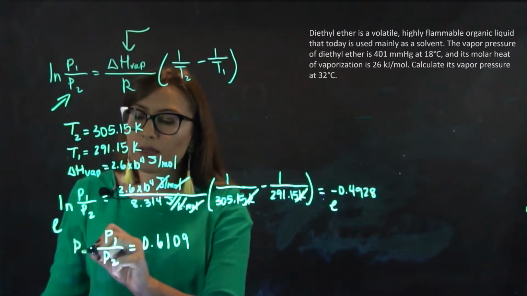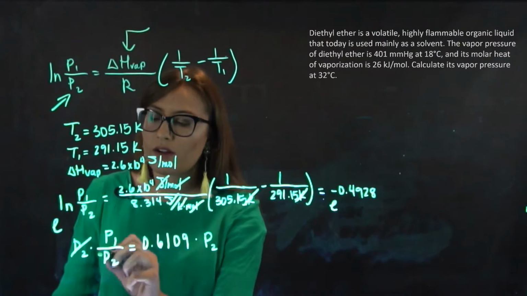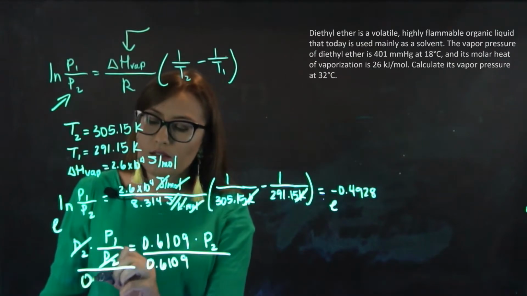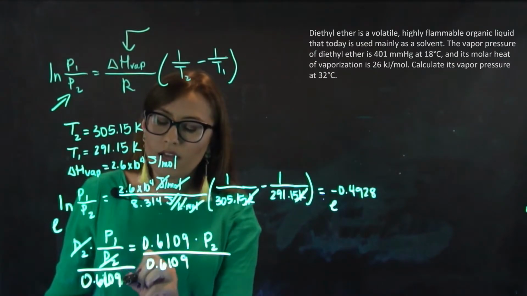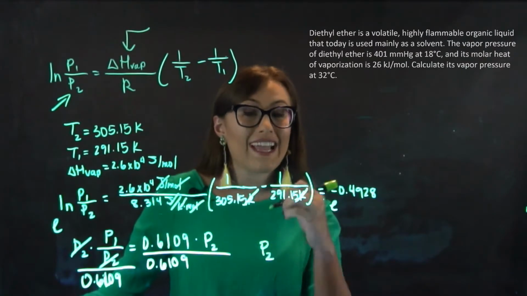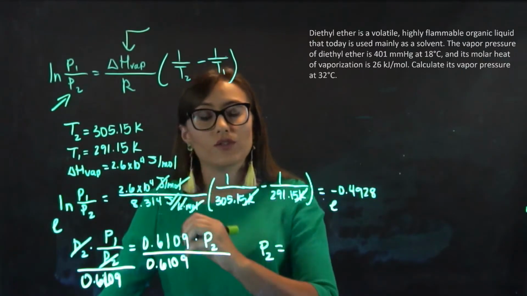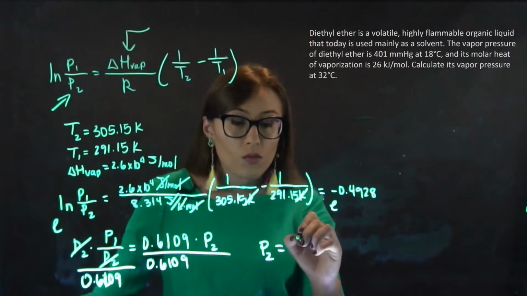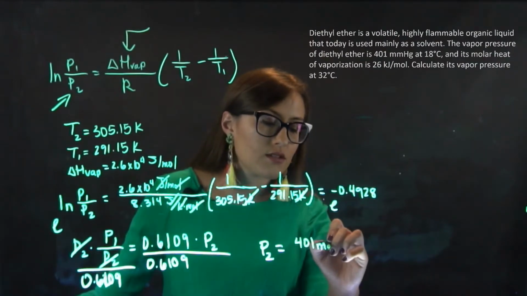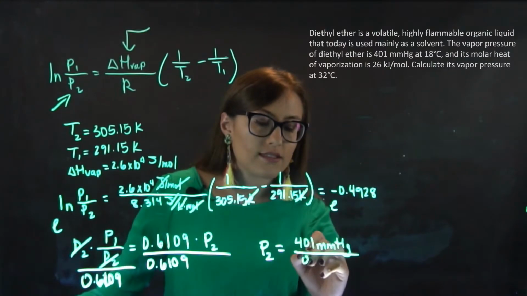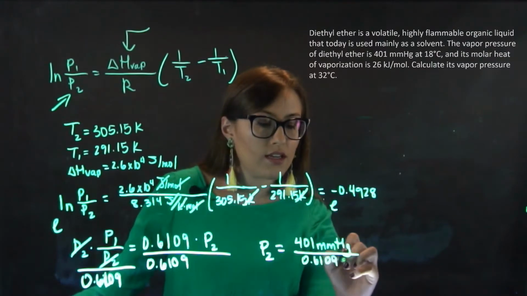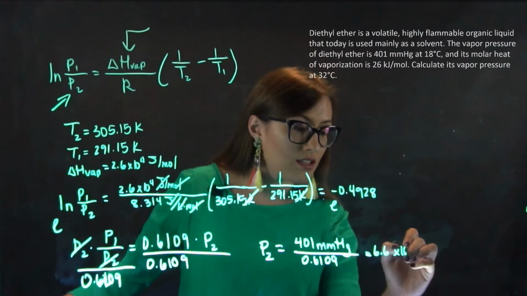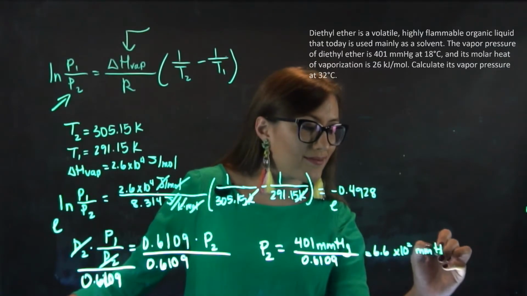We can multiply each side by P2, that'll cancel, and divide each side by 0.6109, and then this will simplify down to the pressure at 32 degrees Celsius, or 305.15 Kelvin, is going to be equal to my initial pressure, which is 401 millimeters of mercury divided by 0.6109, and then this will give us a final pressure of 6.6 times 10 to the 2nd millimeters of mercury